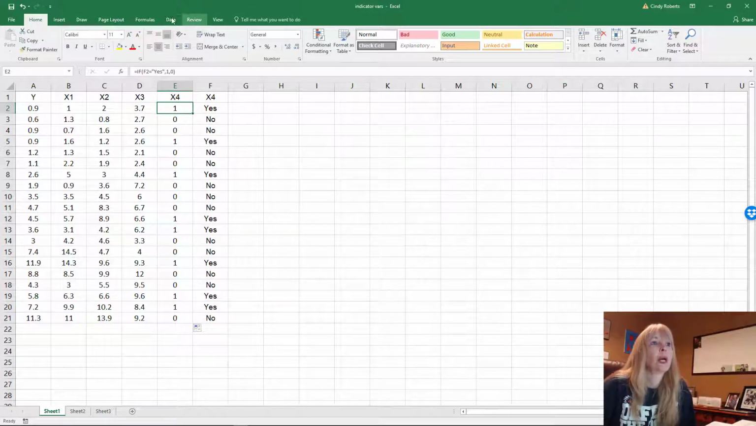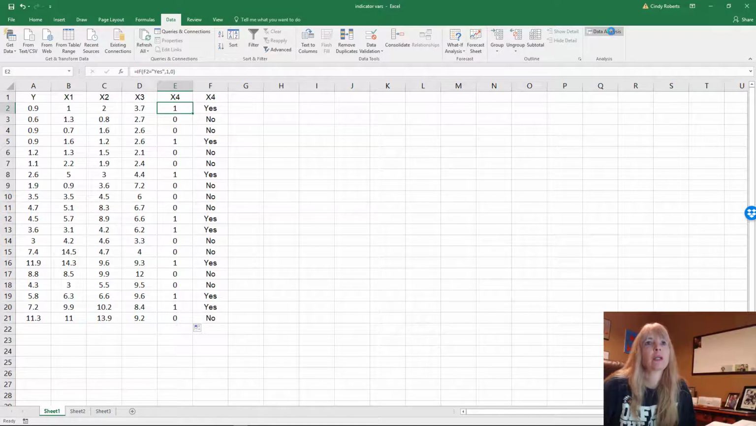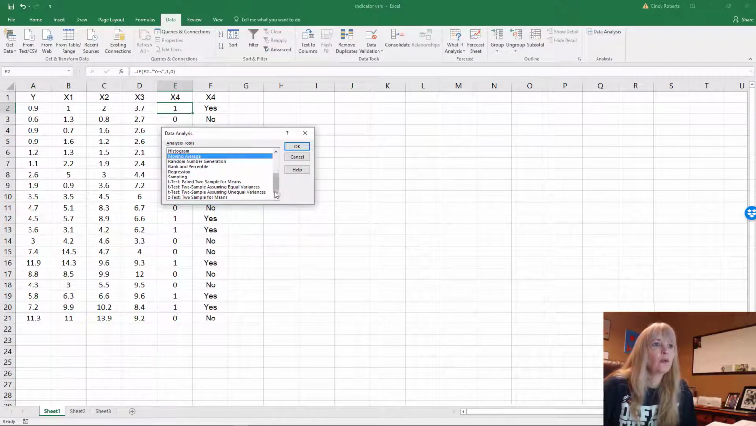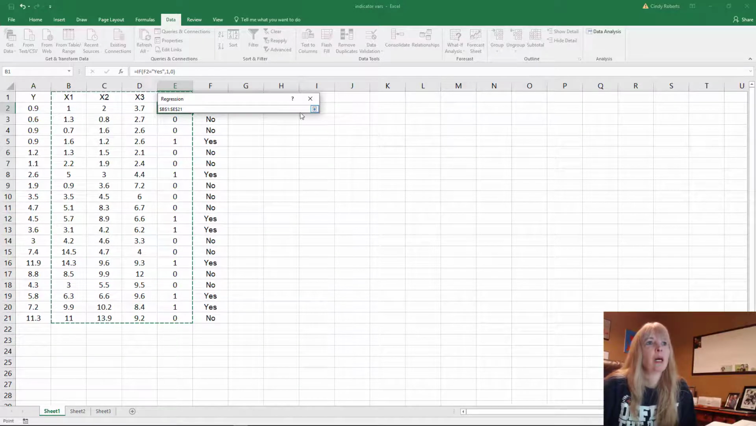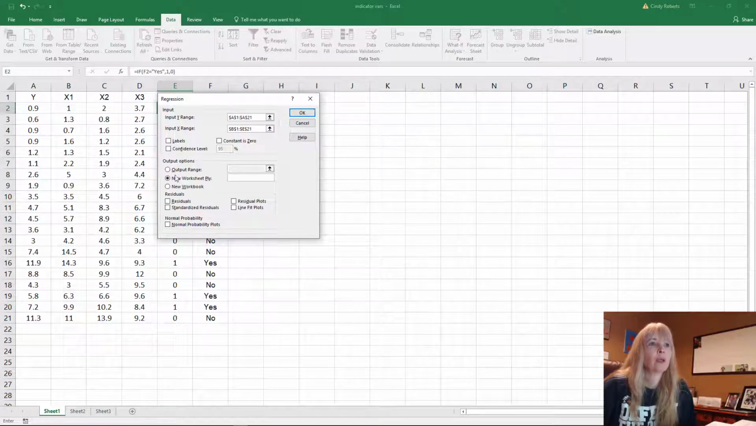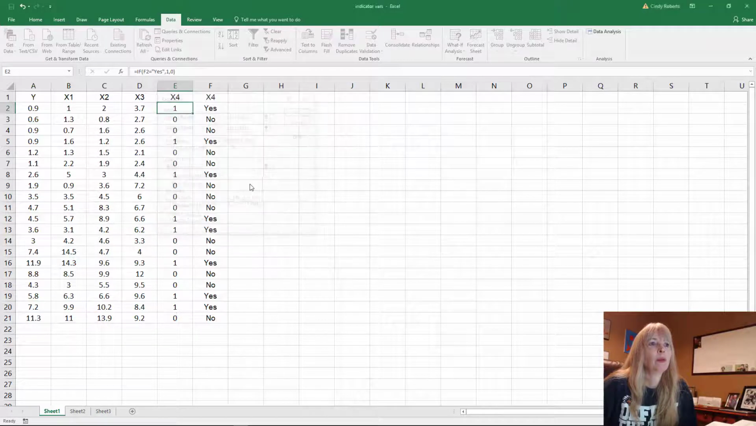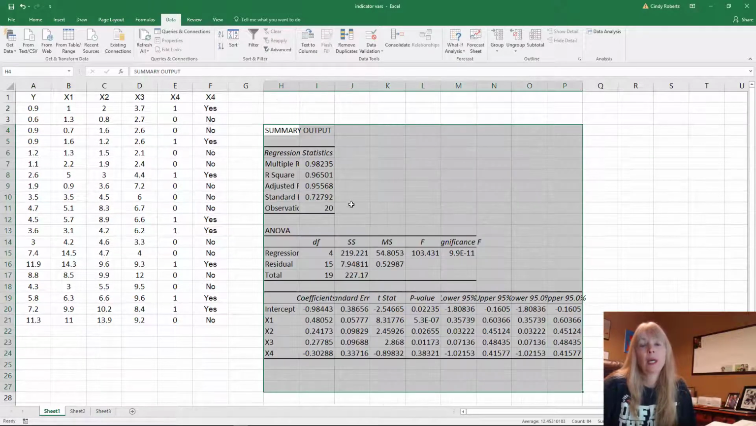which now if I want to run a regression, I can do my data analysis. I can do my regression where my Y's are the first column, and now my X's, I select my new 1 and 0 for yes and no. I select labels, and then I output, and I say OK,